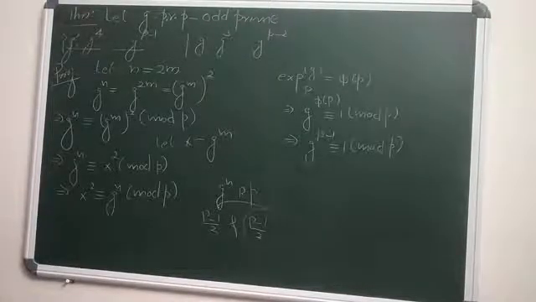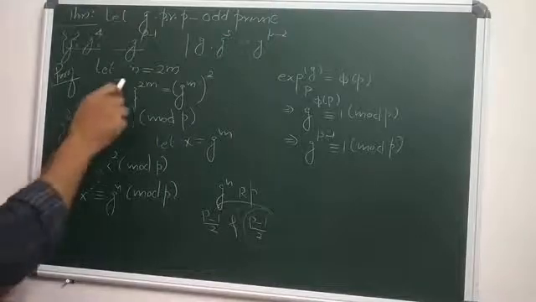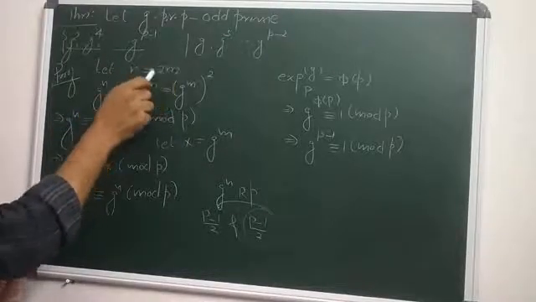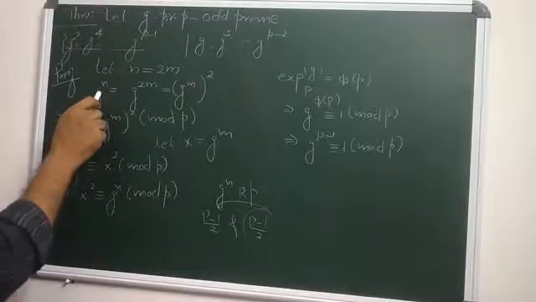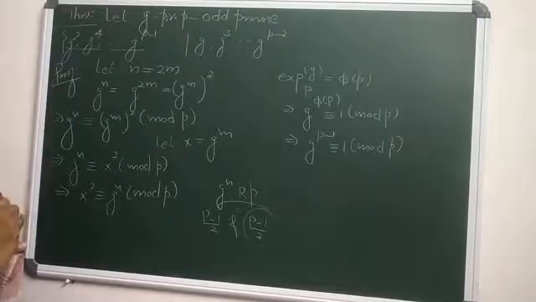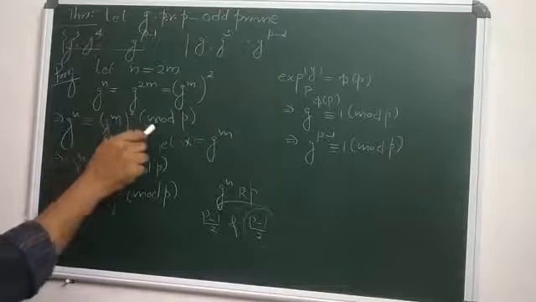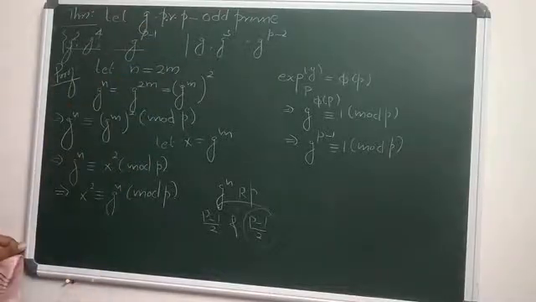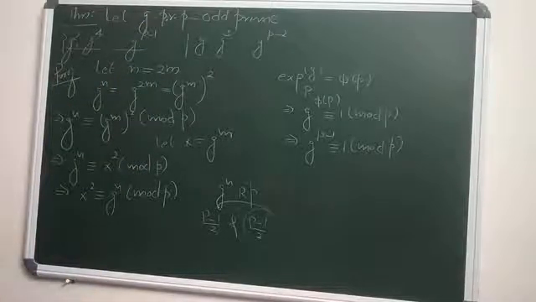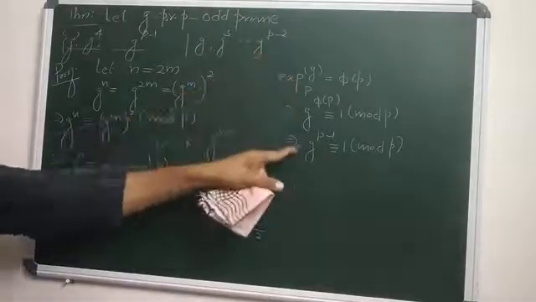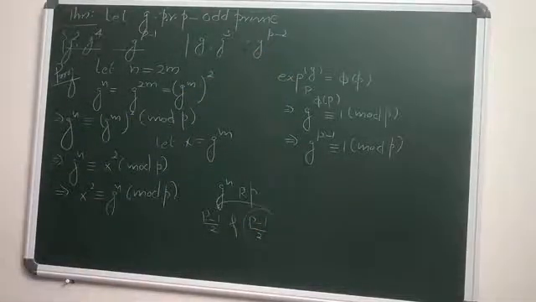Agreed. That is what we required. Here, when n equals 2m, n is even, then g to the power n equals g to the power 2m, which means g to the power m whole square. That is, g to the power n is congruent to g to the power m whole square mod p. Why? Because g is a primitive root mod p, which means g to the power p minus 1 is congruent to 1